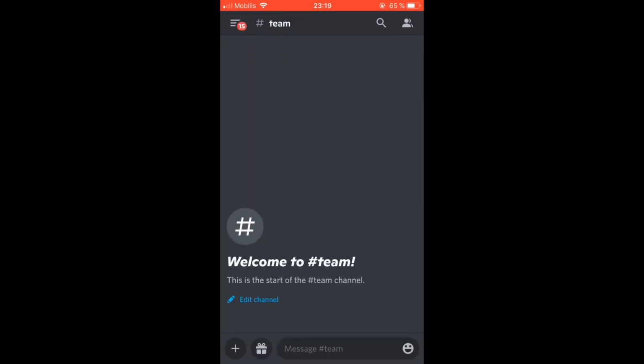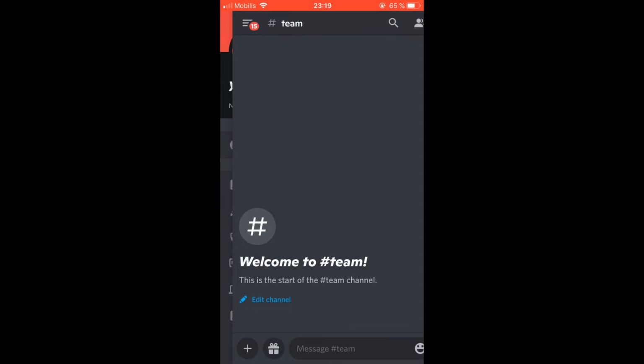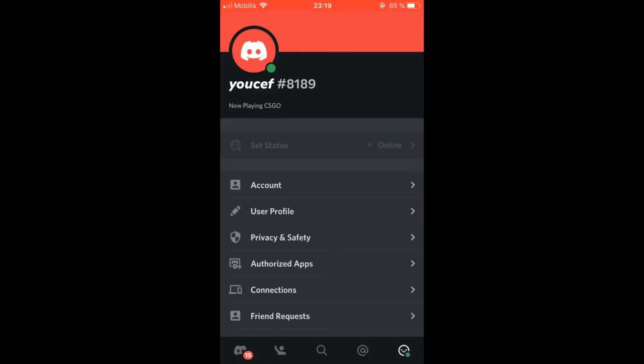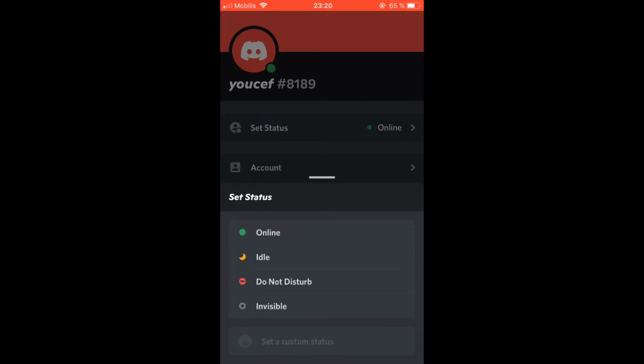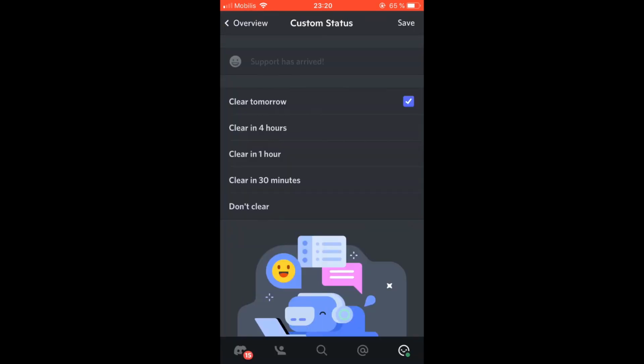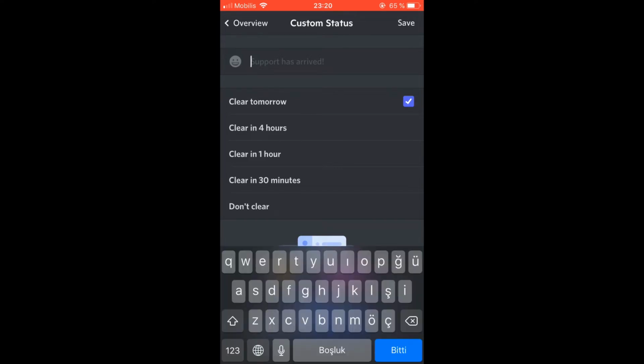Here on the Discord mobile app, you can still find the relevant menu by clicking your icon down at the bottom to enter user settings and then selecting set status and then click on set a custom status. You can set a custom status message listing whatever game you're playing manually. This can be done through the set status menu under set a custom status, but to use the now playing